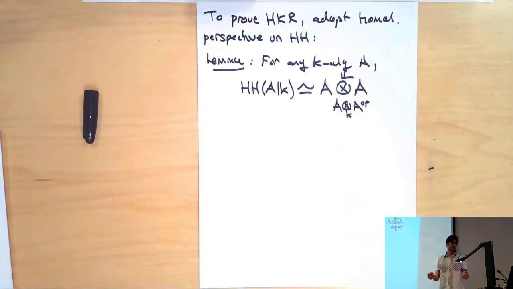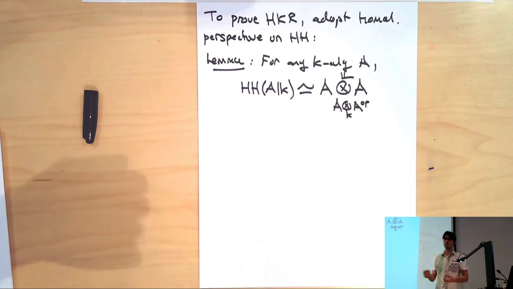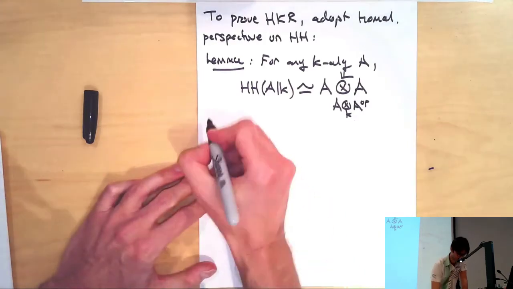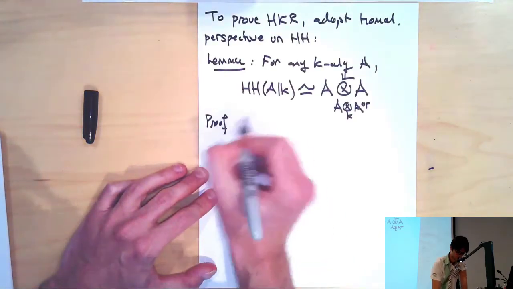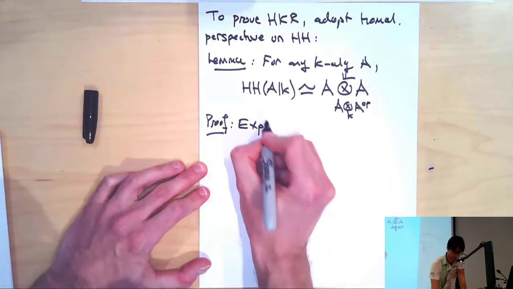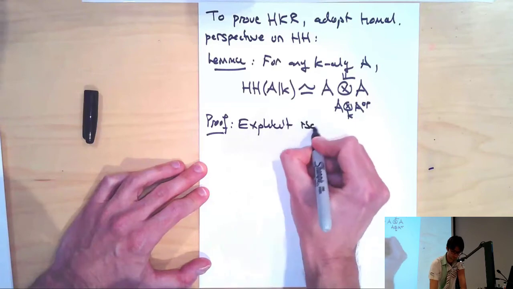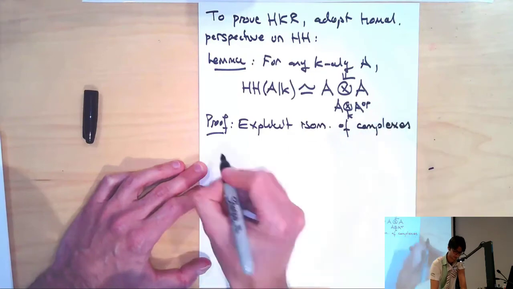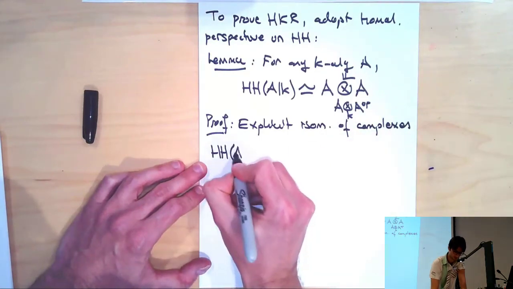So I tensor together two copies of A. One of them I've opposed, so that I'm really looking at A bimodules. And then I can view A as both a left and a right module over this. I form the derived tensor product, and that's in fact represented by this Hochschild complex. And the proof of that is just an explicit calculation. So you even have an on-the-nose isomorphism of complexes between this Hochschild complex on the one hand